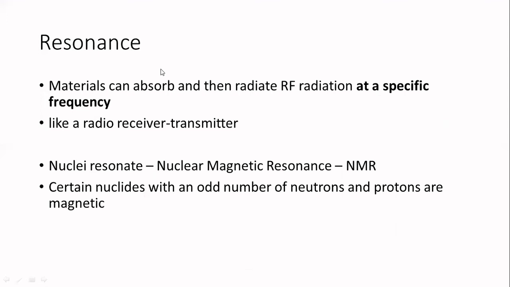Resonance is when any material can absorb or radiate radio frequency radiation at a particular frequency. So if you have to energize a precessing proton, like if a proton is precessing at 43 megahertz, the frequency that you give to that proton to change its direction should match, that is, it should also be somewhere similar to 43 megahertz at 1 Tesla. So that is what resonance is. It's matching the frequencies. It's like a radio receiver and transmitter. And in our case, as we are dealing with protons, it is called nuclear magnetic resonance.